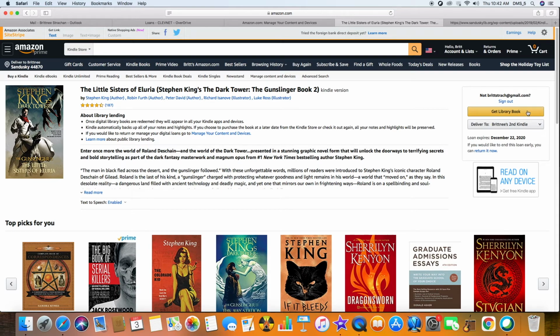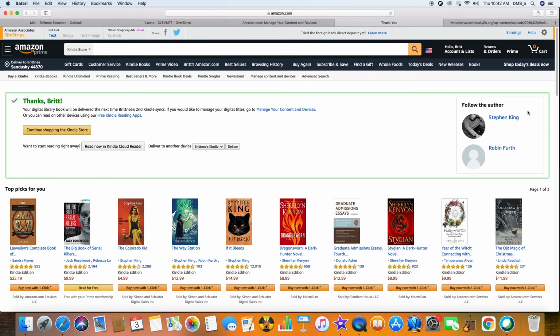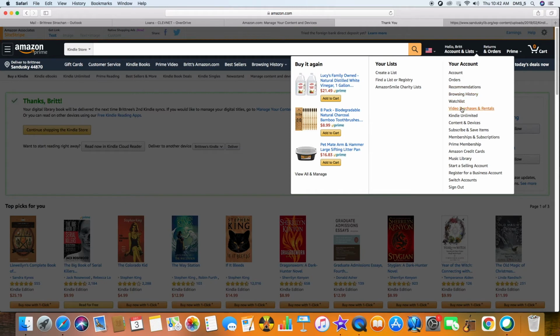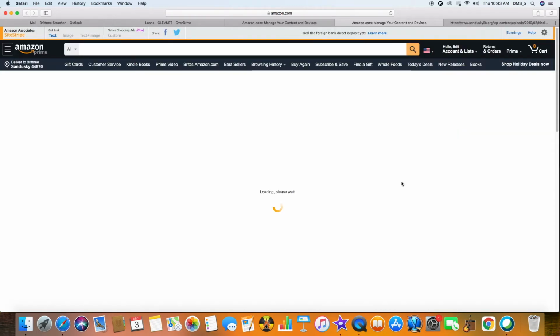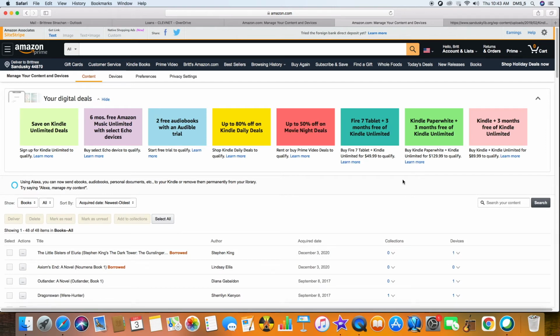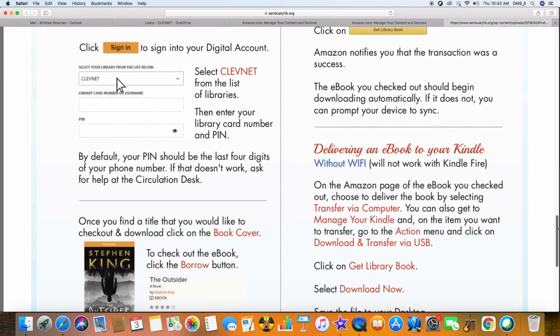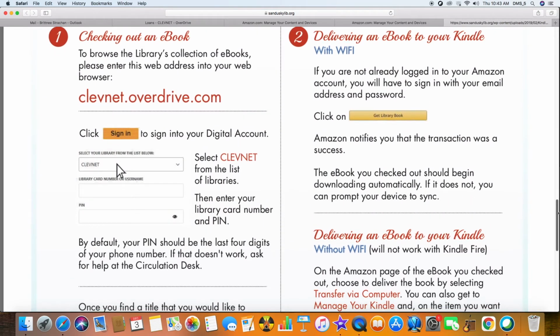And then it's going to give you a confirmation that says thank you. It's on your Kindle, and you can go to your Kindle and select sync to help it move along. You can also, on your Amazon account, go to your devices and see it pop up under your devices log, and there it is. So you can see what books you've borrowed. So that is step 1 and 2 on our PDF, and step 3 is optional, and that's to return your